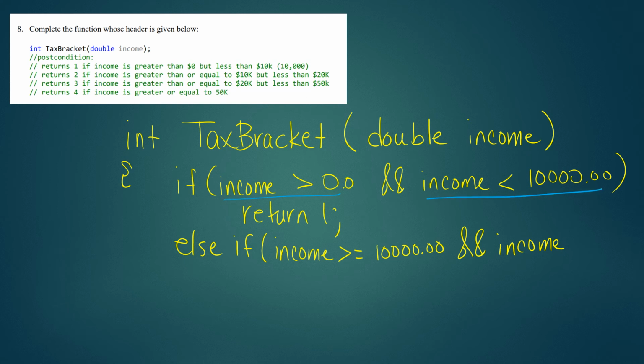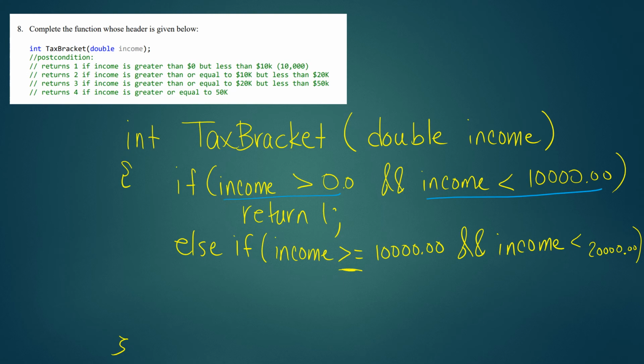You can't just say income greater than 0 and less than 10,000. The other thing is you need to pay attention to when it's inclusive or not. So that's also something to pay attention to. And since it would be an exam situation, also, since this is a double, you really should compare with doubles, but that's not really a big deal. But since this is an exam situation and it doesn't say what to do with your last else,